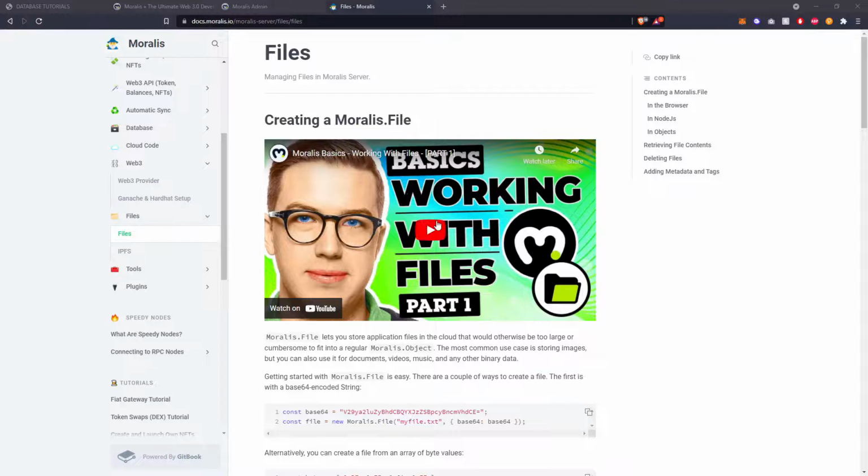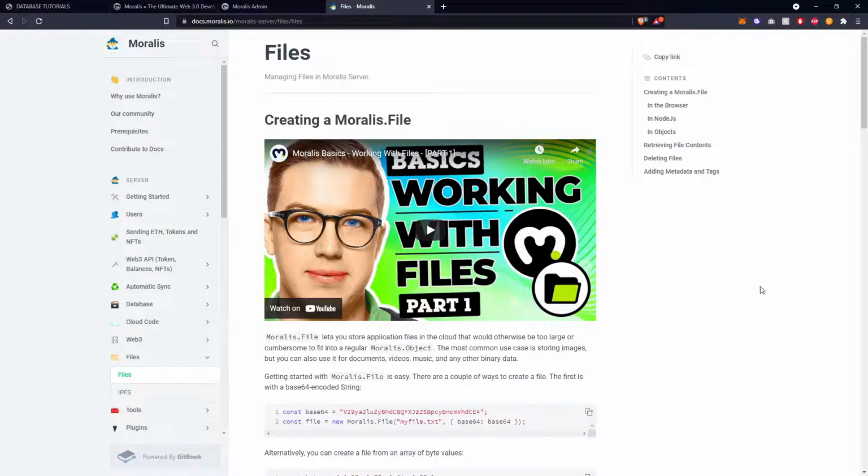Okay, let's take a look at files. With files, we've got you again on the documentation. There's a very good video here about working with files from Nicholas, and that also was covered in the Create or Cloning Rarible series, which he produced a few months ago. So it's worth spending some time going through all of those videos to learn a bit more about creating Moralis